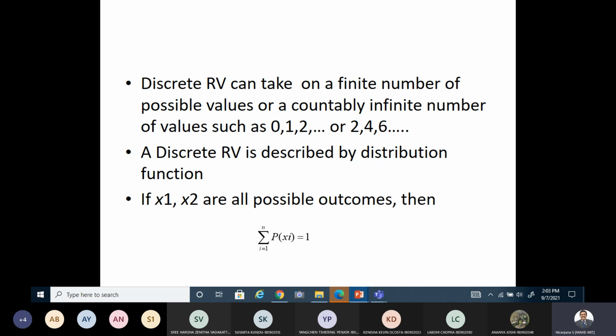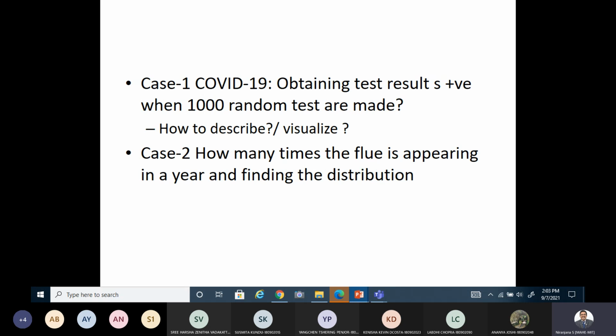So these variables you can describe using a suitable distribution function or density function. For example, if there is a variable which is discrete, we generally describe it using a probability distribution like p of x. With that, we can try to describe that variable. So in a way, you are trying to describe its class with respect to a feature.